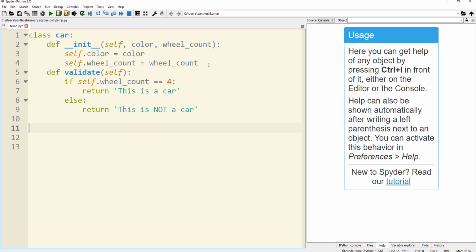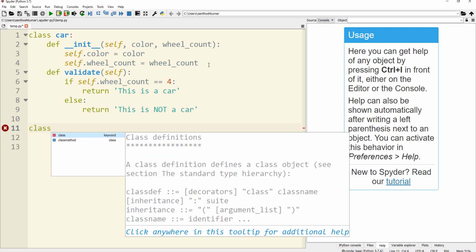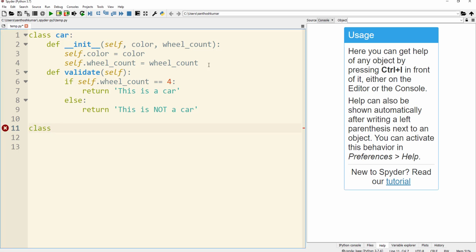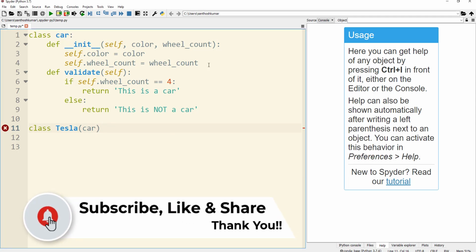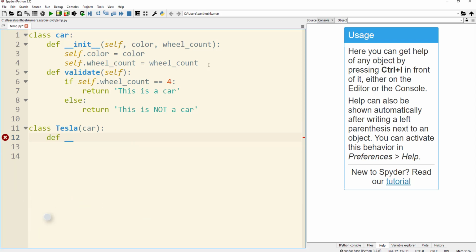Next what we are going to do is define another class by name Tesla. This class is going to inherit the properties from the Car class. In order to do that, I just code class and the class name Tesla, and within the brackets I mention the parent class name, which is Car.